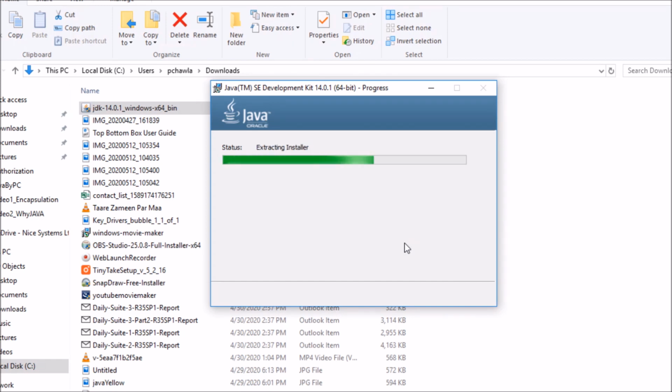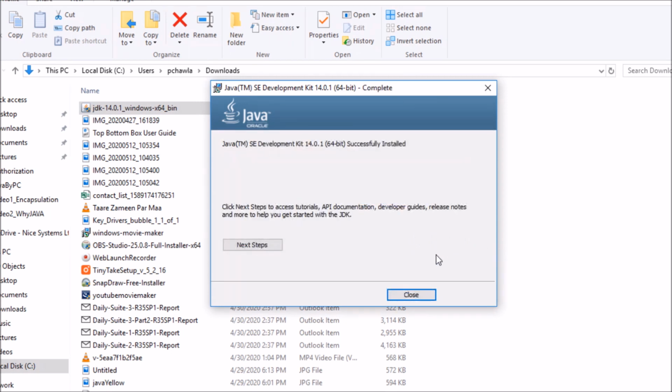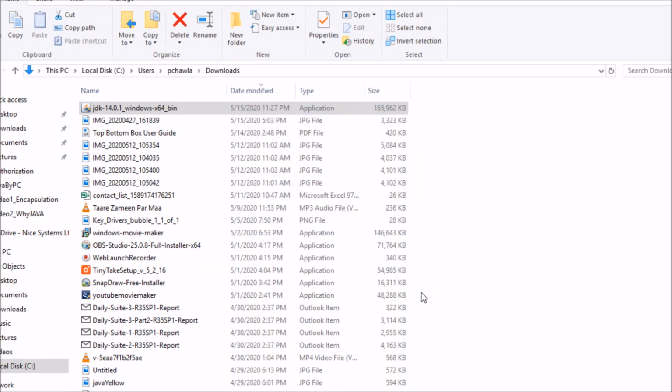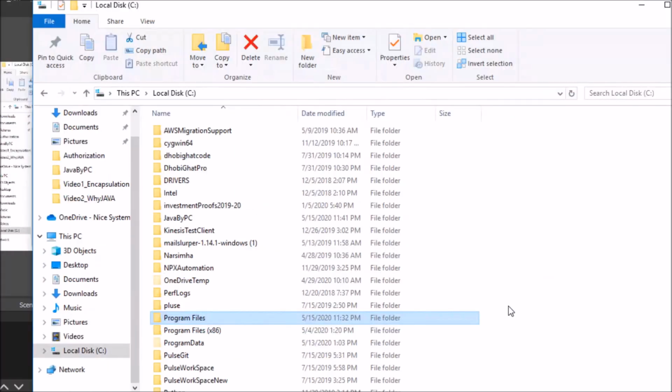So it will start installing it. So it has been successfully installed, if you can see. So we'll close it.